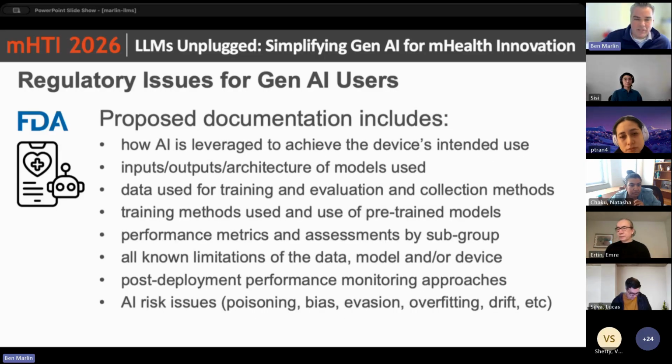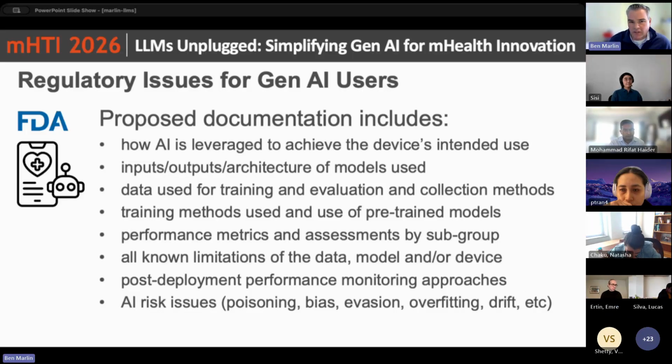And this is a distillation of the ones that are most relevant for AI specifically. So there are basic questions around how AI is leveraged to achieve the device's intended use, architectural details like inputs, outputs, the architecture of the model used, and then data used for training and evaluation. How those data were collected in the first place is also part of the description. So this is quite a bit more detailed than what a standard model card would look like if you've seen one. Training methods used down to what is the optimizer that you use,